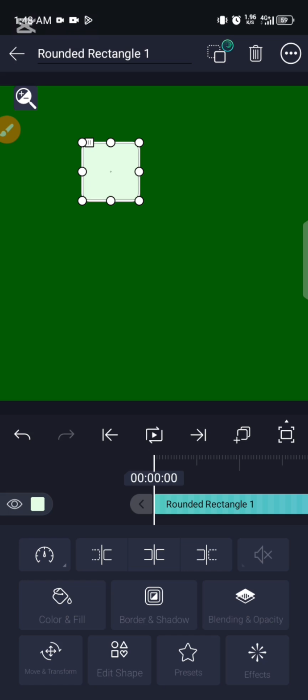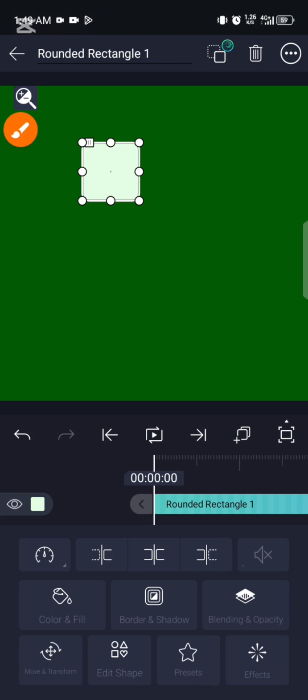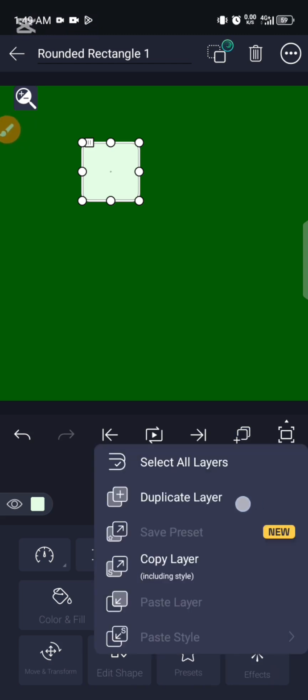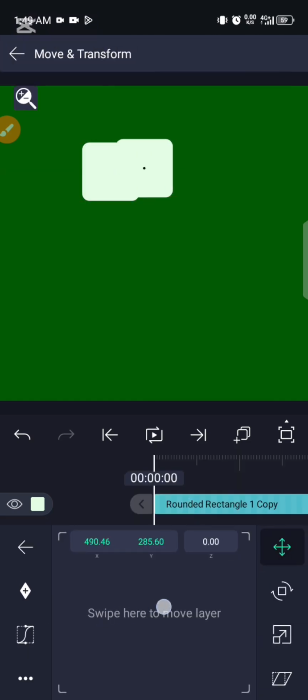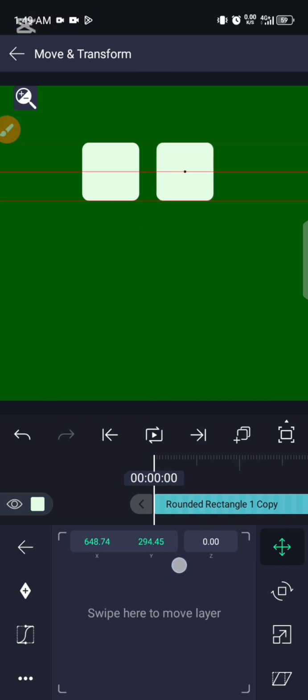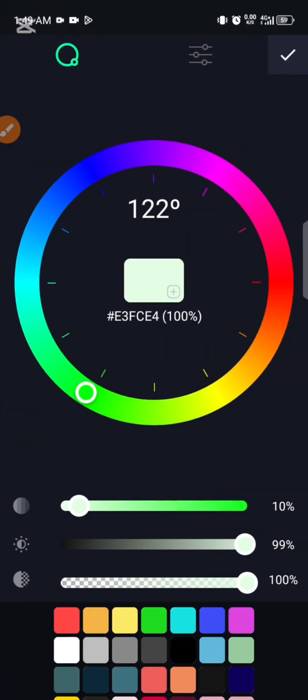So let's just duplicate this layer. If you want to duplicate it, you have to come over to this side. This place, it looks like the copy icon with the plus icon on it. So come right, then you see duplicate layer, then we duplicate the layer, right? So we can just move it and select another color, come over to the color mixer, and then pick other colors, right? So we can just pick this lighter color. So we are increasing the saturation,